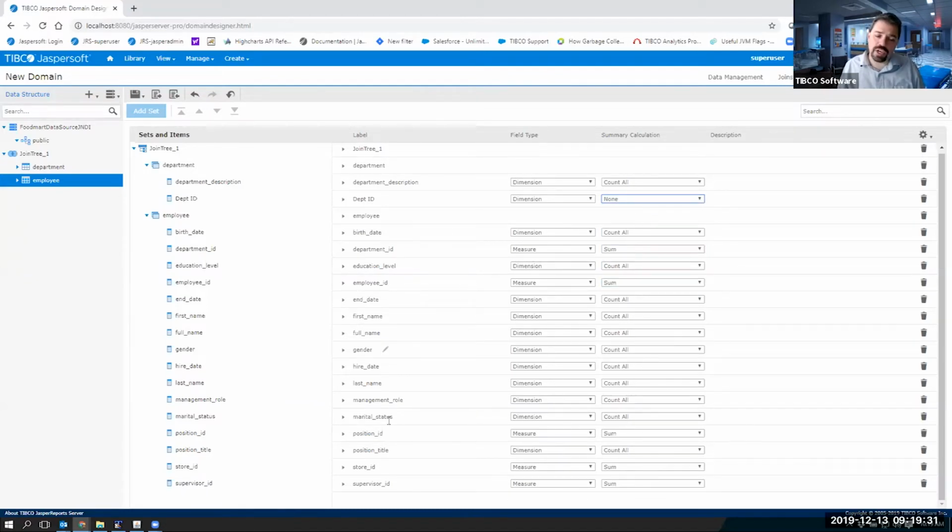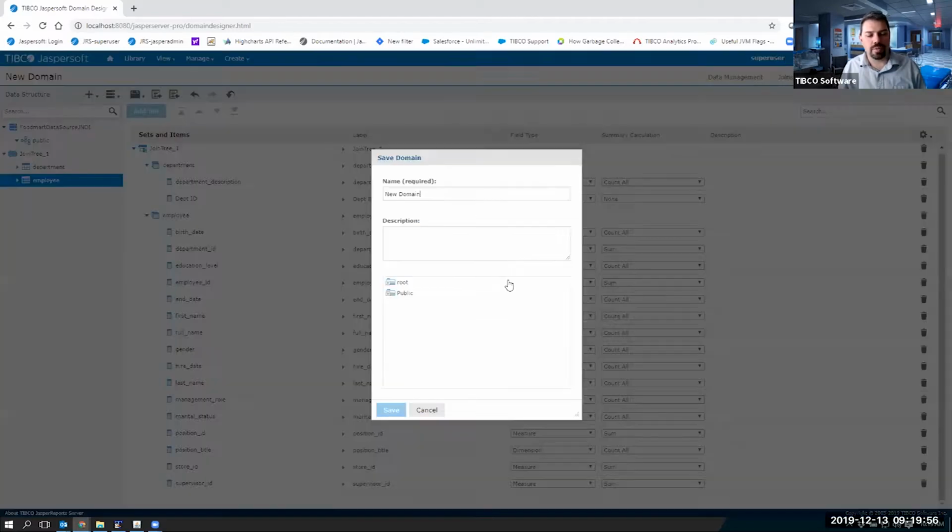So all of those changes, there's a lot of legwork here if you have a lot of fields, if you really want to make these look a little bit better. The underscores come from my database tables. If your database tables are like ours, they're not even this descriptive, so you may want to go through and actually change these names so it makes sense to the end users. Once you're done with that and you have a set, you can actually go ahead and save your domain. So I'm going to go ahead and do that.